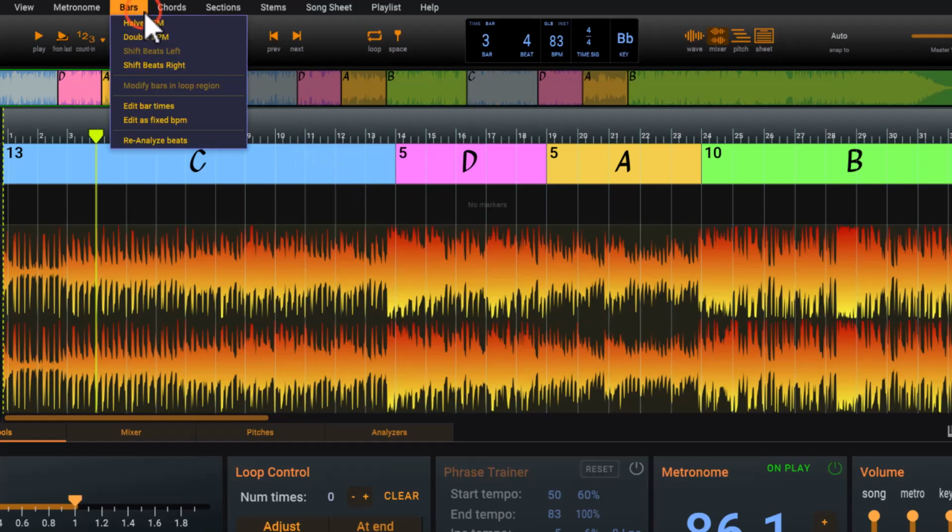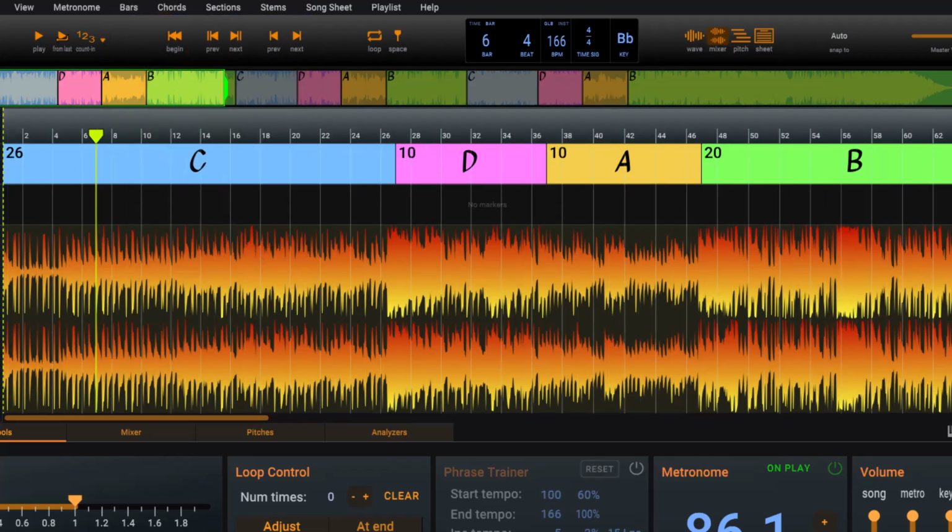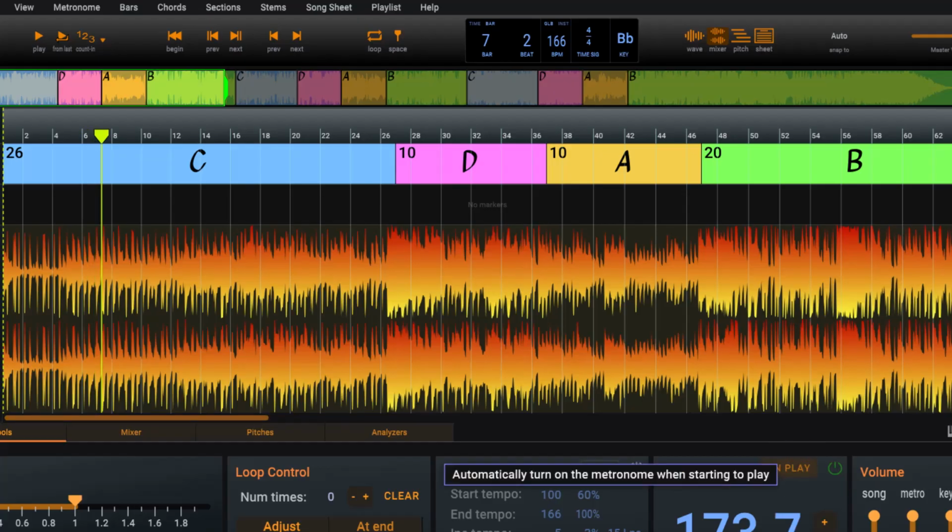Let's double the tempo and listen. This also sounds acceptable, so let's go with the faster 166 beats per minute.